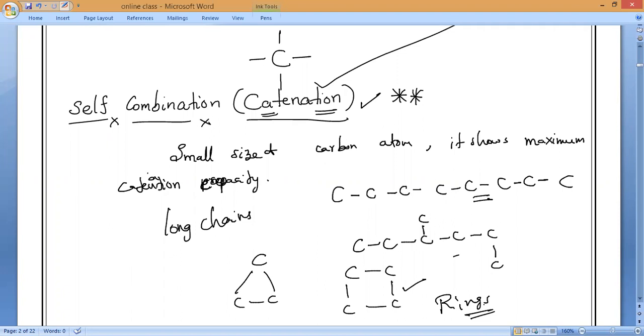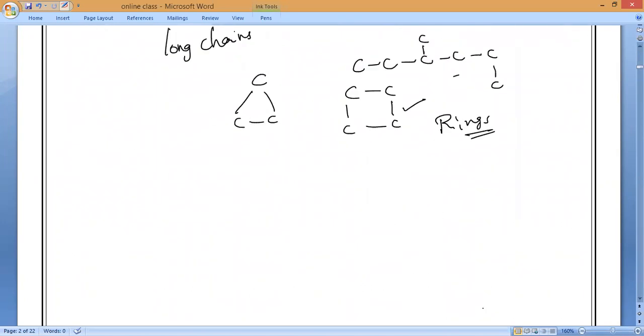But remember, this property of catenation is exhibited by some other elements also. For example, silicon also will show catenation. Phosphorus also will show it. This is also there in the book, I will show you. Phosphorus also will show, and sulfur also will show. But in these elements, the degree of catenation